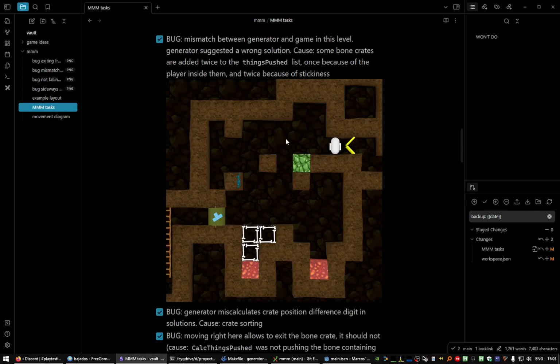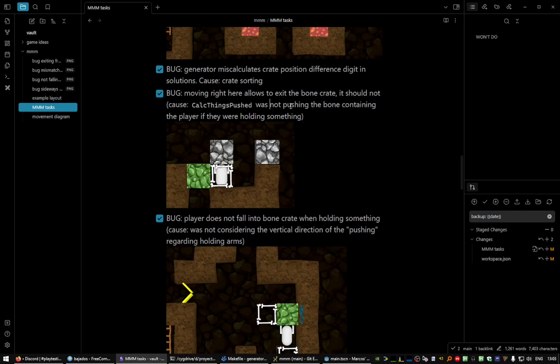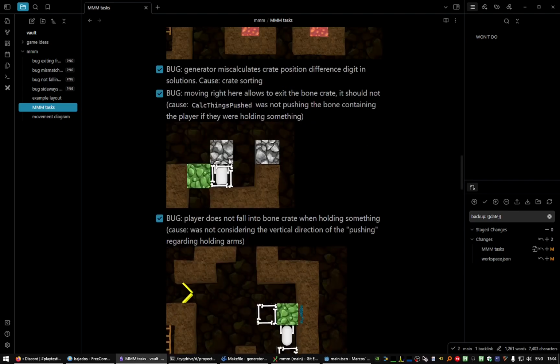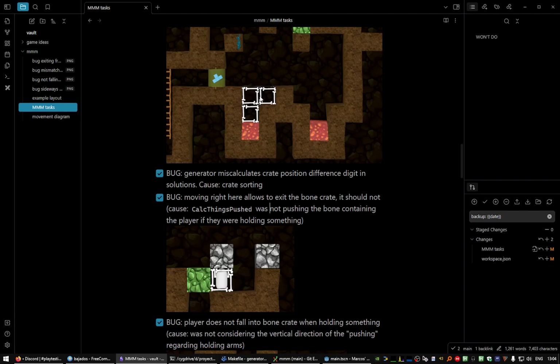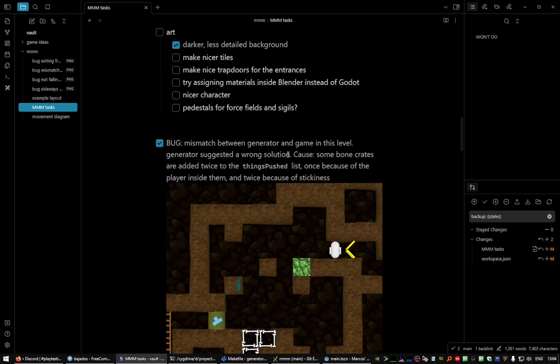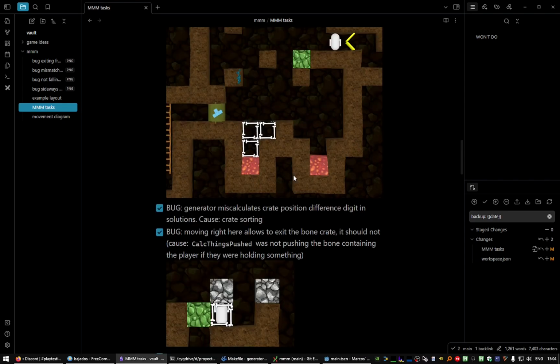But I wanted to show the kind of bugs that are introduced when you introduce a new kind of crate, because the main difference of this crate with the normal crates is that this crate can share the position with the player, which none of the other crates can do. So that was a very interesting source of bugs, so to speak. Okay, I think